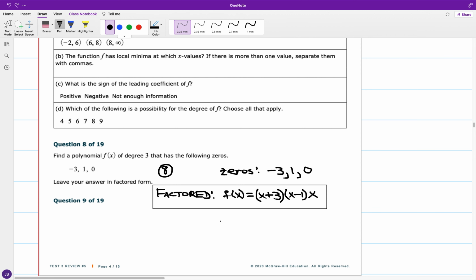Okay, so we got f of x in the factored form. So you have x plus 3 times the quantity of x minus 1 times x. Okay, and just for an expanded form, if I take the product of the binomials,